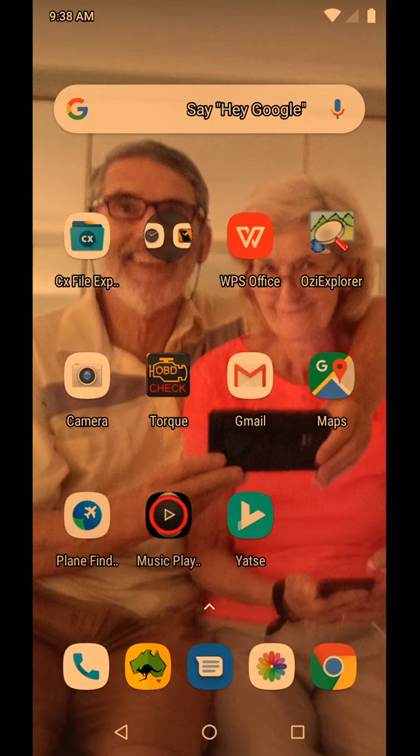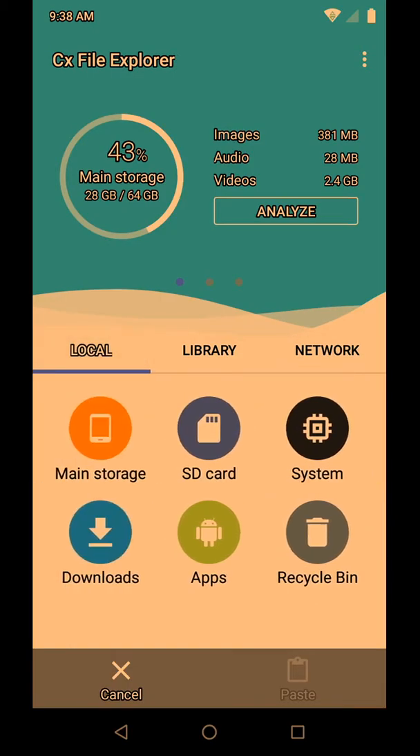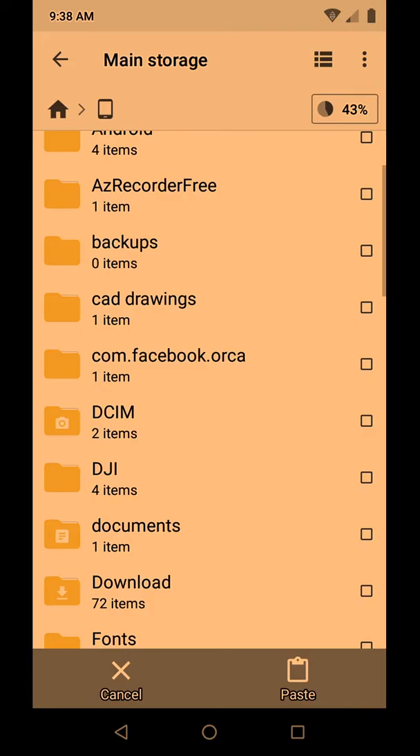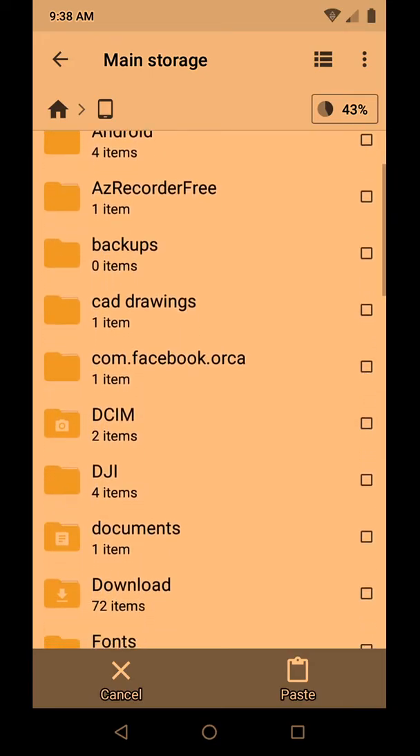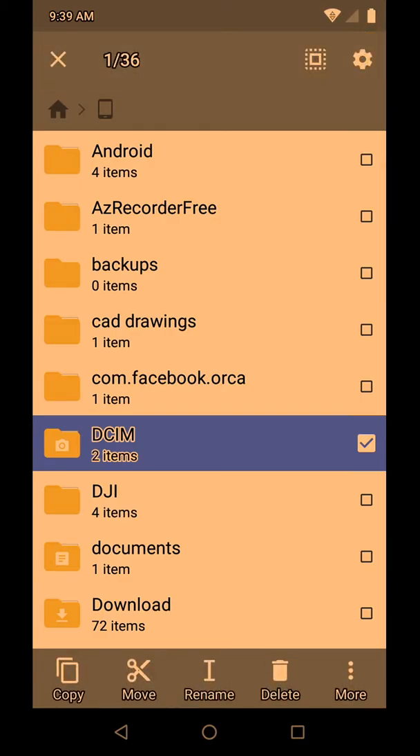And what I can do with that is I can go into the CX File Explorer, and on here you'll notice it shows that it's the local, library, network. So I go to local, and my photos are stored on the main storage. They shouldn't. I prefer to have them on the SD card, but they're not on the main storage. So I can click on there, and it gives me a list of all the folders that are on my Android phone, right? And Android photos, whenever you take them with an Android camera, are stored in this one, DCIM, right? So if I go into that,